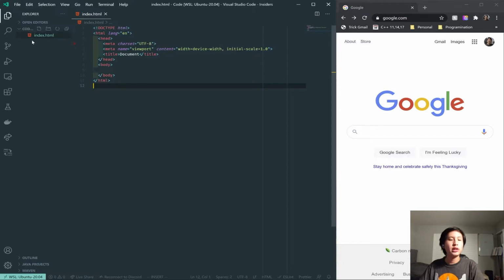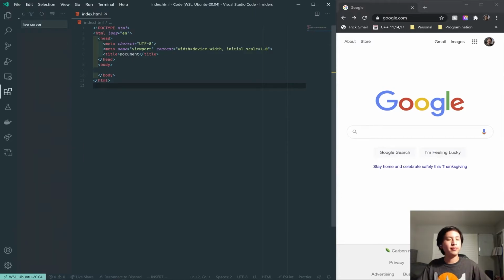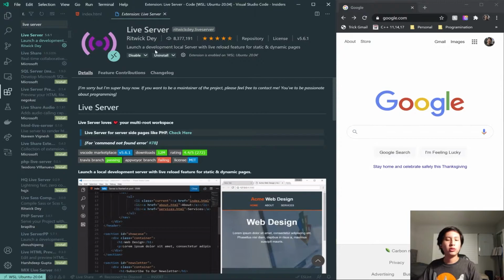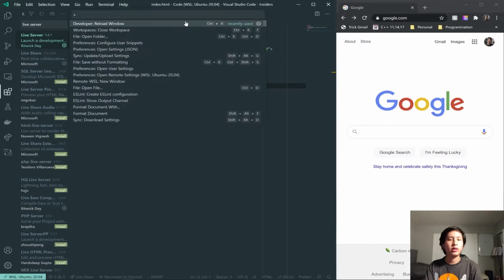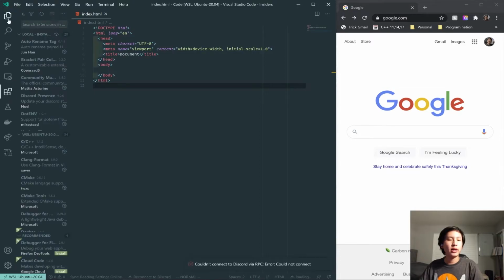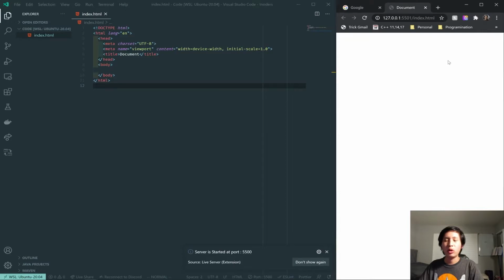And in order to actually see your website, you want to come here to the extension list. It's this button on the left, and then search Live Server, and then click on this first result, Live Server by Ritwik Dey. You should be able to have this green install button here. I don't have it because I already have it installed. And then once you install it, you can close that and reload your window. So then you want to click back on this Explorer here, and you'll see not much has changed, except now, once this loads, on the bottom right, you should have this Go Live button. Go ahead and click that,